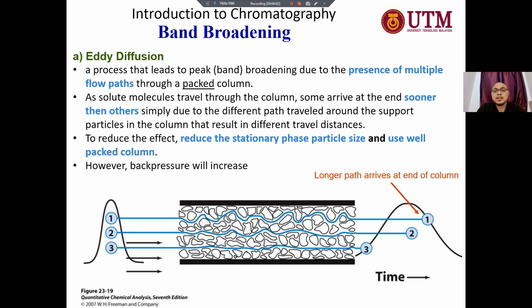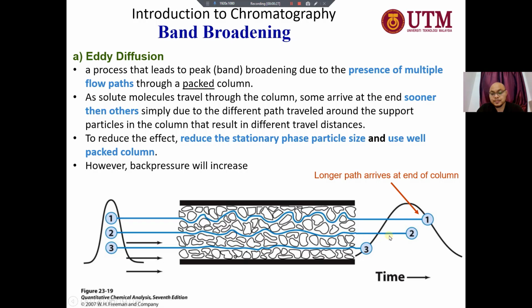Let's look into the first source of band broadening. The first one is eddy diffusion. Eddy diffusion is a process that leads to peak broadening due to the presence of multiple flow paths through a packed column. It means that the molecules have different paths to